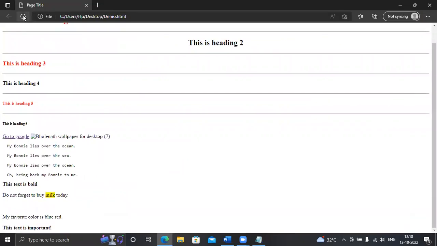Look, my favorite color is blue, red, and just because I have written that blue within the del tag, a line through blue has been shown. Okay, understood. What is the use of del? What is the use of mark?